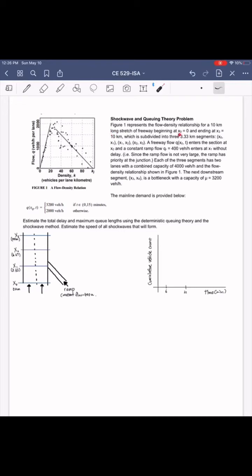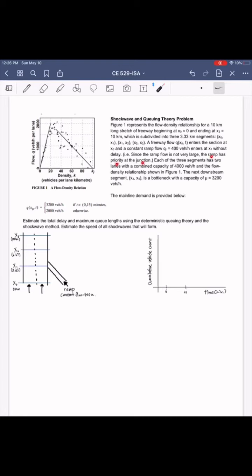beginning at x0 equals 0, ending at x3, 10 kilometer, which is subdivided into three segments: x0 to x1, x1 to x2, and x2 to x3. A free flow Q enters the section at x0 and a constant ramp flow QR of 400 vehicles per hour enters at x1 without delay. And it says since the ramp flow is not very large, the ramp has priority at